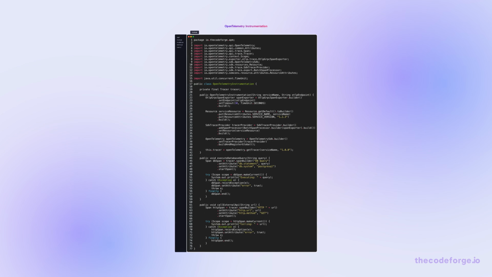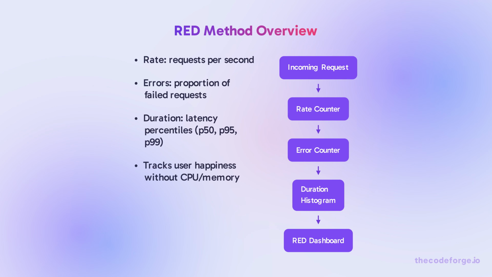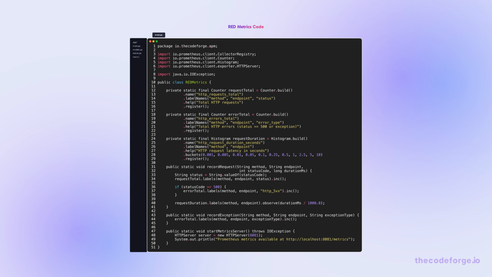with custom spans. The RED method, rate, errors, duration, is the standard for service-level monitoring. For every service, track these 3 metrics, and you'll know instantly whether users are happy. This code implements RED metrics using the Prometheus Client Library. It defines counters for requests and errors, and a histogram for duration with carefully chosen buckets to capture P50, P95,